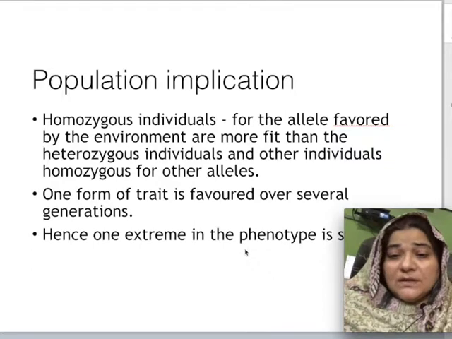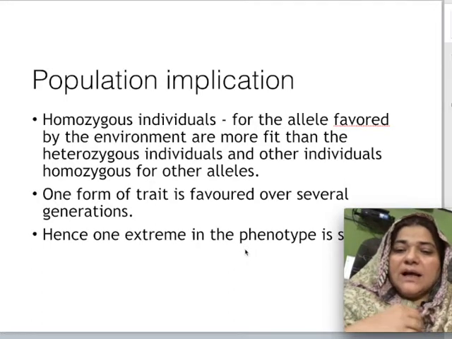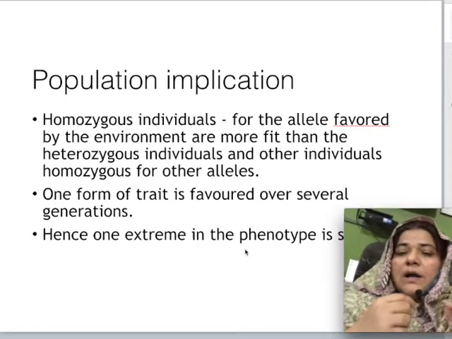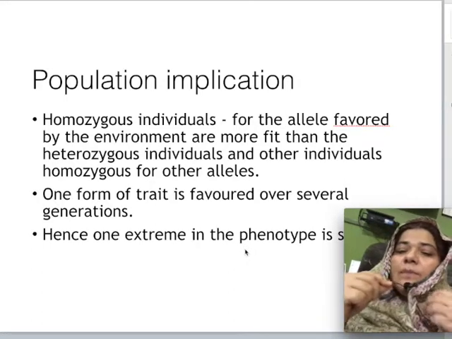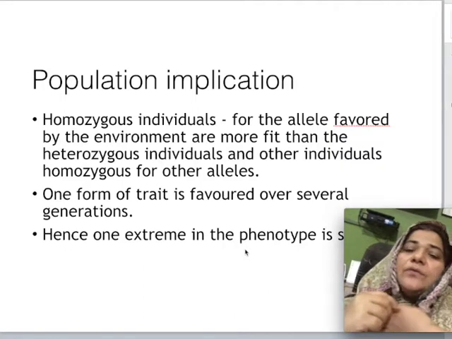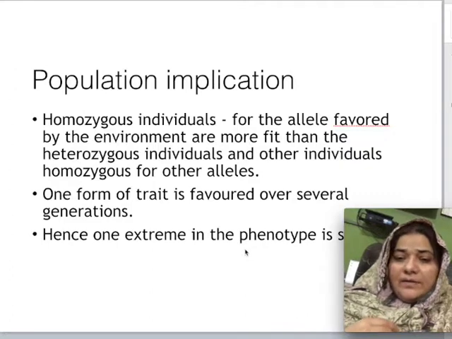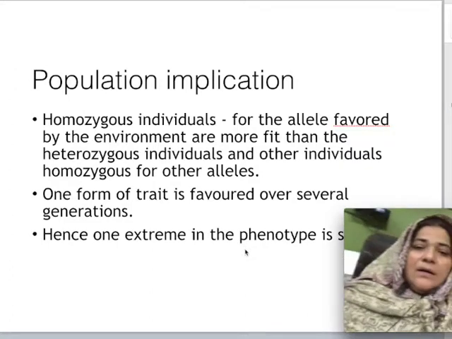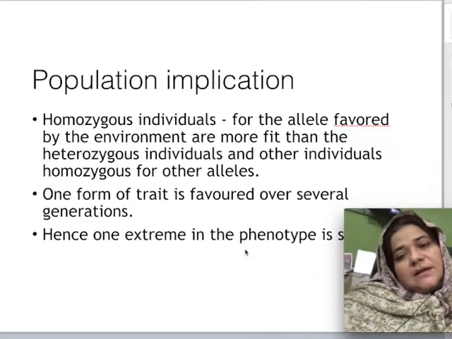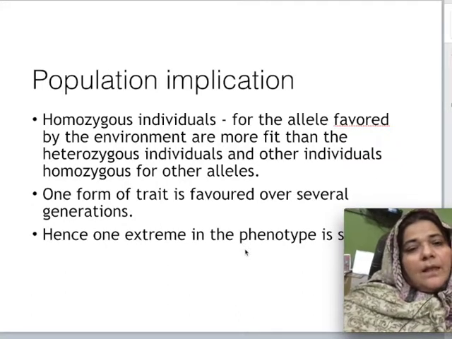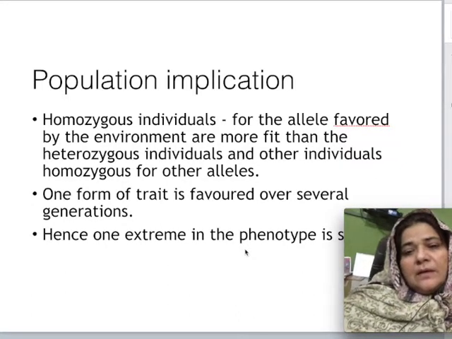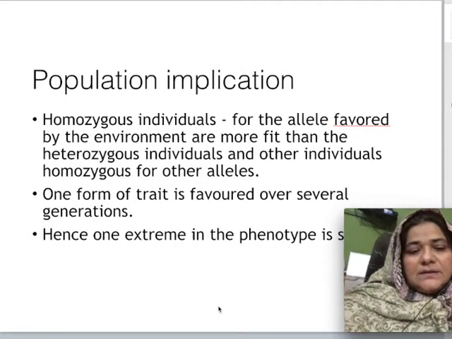Homozygosity grows in a population after directional selection. You can notice that in all kinds of plant breeds and all kinds of animal breeds that you see here and there, they are homozygous mainly. And selecting one type of trait is not good